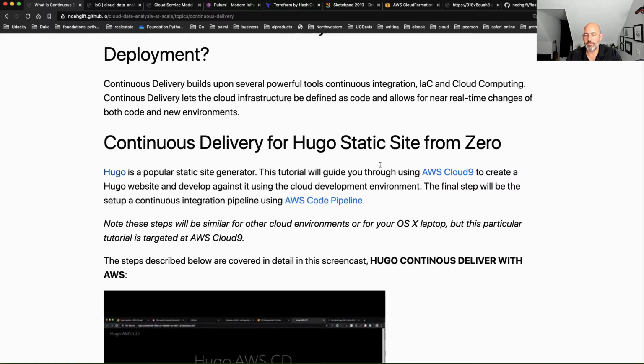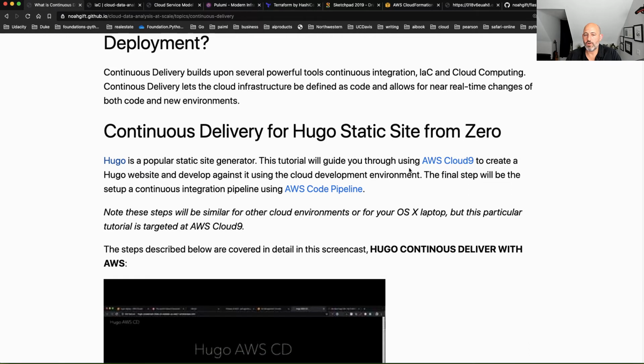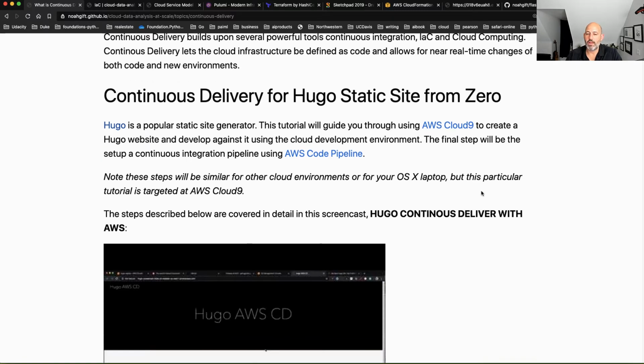A really good example of this would be Hugo. Hugo is a static website generator. It's pretty popular. One of the things that you can do with this is have Hugo be deployed by building the software first in Cloud9, then developing it by checking it into GitHub, and then creating an AWS CodePipeline to actually deploy it.